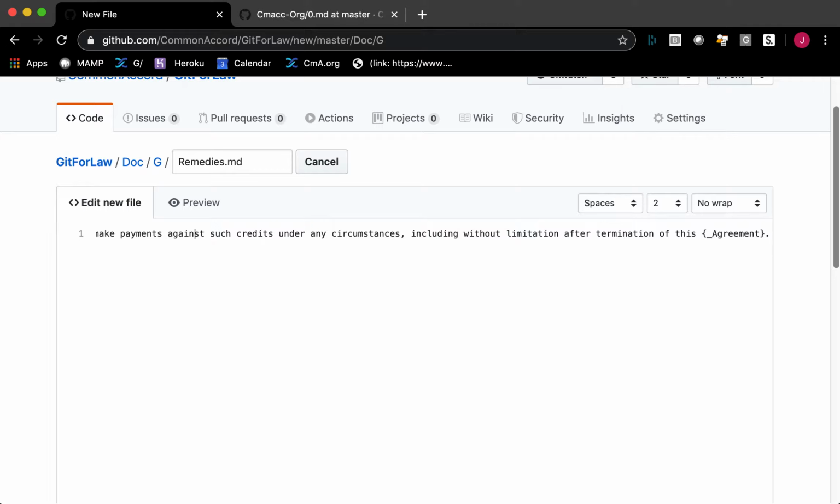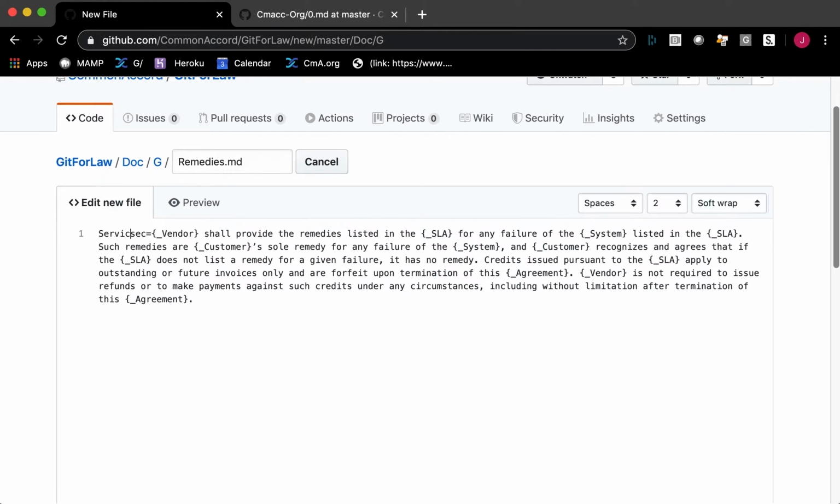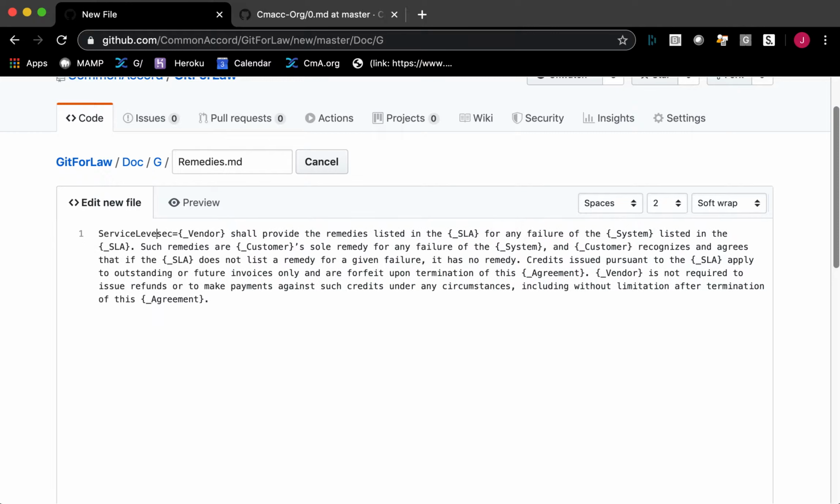And you'll see that at first it presents in this kind of screwy way because in computer code the lines are often short. We'll see there are reasons to have lines be short. It's organized for that. But we want to wrap this, so we'll do a soft wrap like that. And once we save it as MD, it'll do that by itself. So remember, we called this thing 2.2, but why don't we call this service level